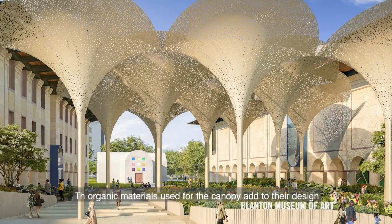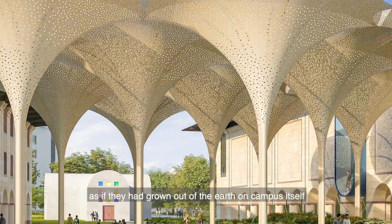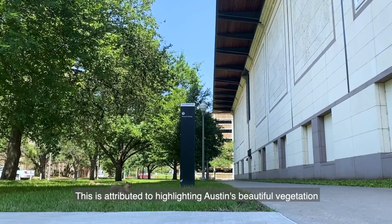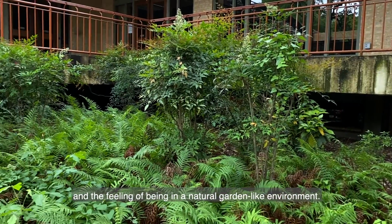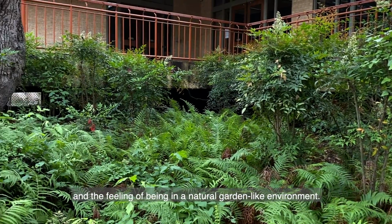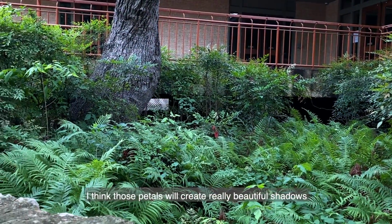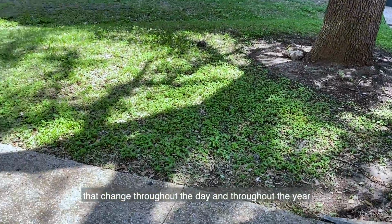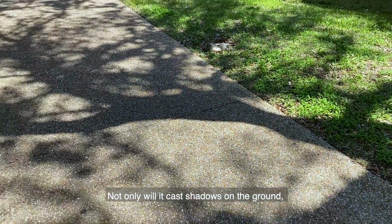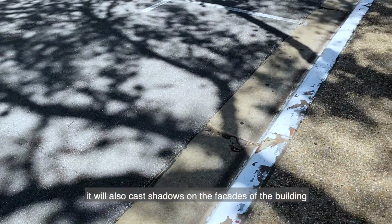The organic materials used for the canopy add to their design, as if they had grown out of the earth on campus itself. This is attributed to highlighting Austin's beautiful vegetation and the feeling of being in a natural, garden-like environment. And I think those petals will create really beautiful shadows that change throughout the day and throughout the year. And not only will it cast shadows on the ground, it will also cast shadows on the facades of the